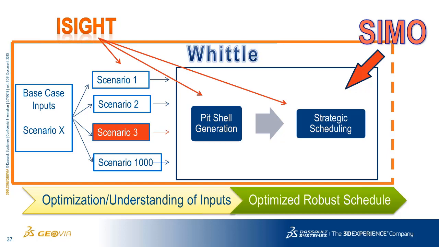So having that knowledge and that ability to make decisions and react to changes is a big component of having those thousands of runs rather than just the one. So the idea is also to eliminate the risk on the user end. If I'm manually running different scenarios, I may do about 10, we'll say, okay? The success of my schedule then is going to depend on two factors: my experience in knowing which 10 to try, and a certain degree of luck. Did I correctly understand the dynamics of the project in terms of which shells to pick or something like that? Whereas obviously if we're running 500 or 1,000 runs, that element of risk is taken out, and I'm going to see all the possible solutions and then be able to make a better and more informed decision.